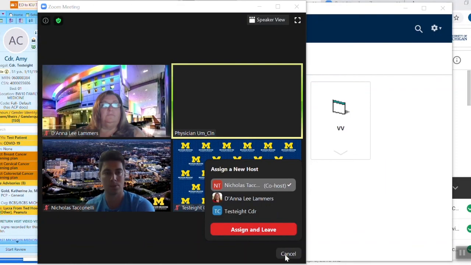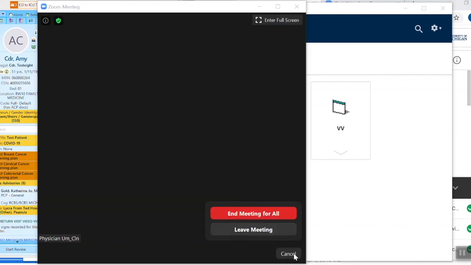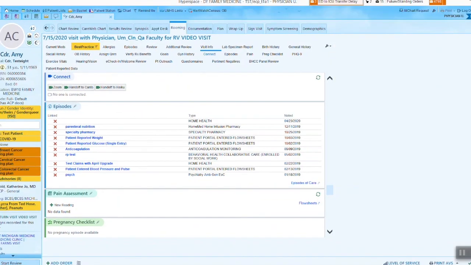And just like leaving a single participant video visit, if you are going to leave the visit, you do need to assign a new host to take over, or you need to put everyone into the waiting room before you can leave the visit. If you want to end the visit for all, you hit end and leave meeting for all. Once you leave Zoom, you can